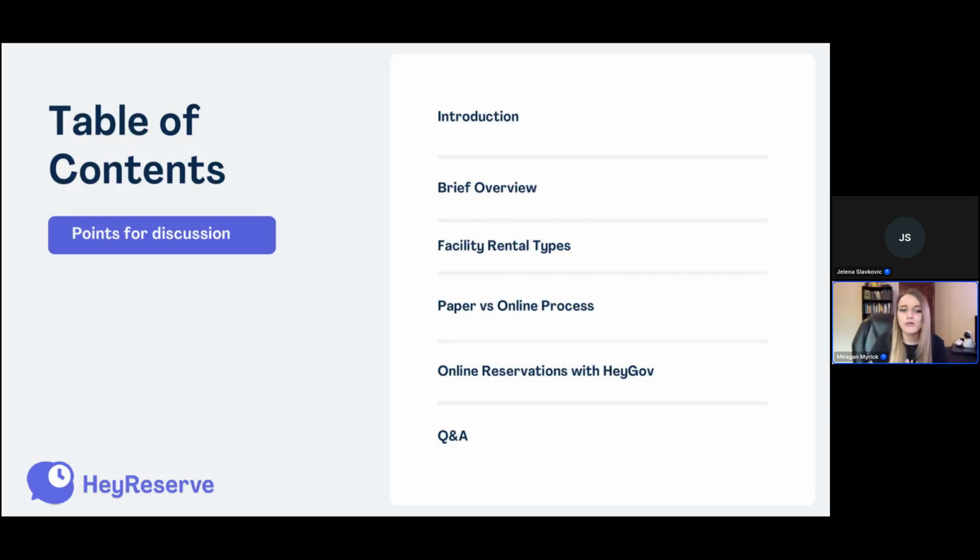Just for a brief overview of what we're going to be chatting about, I'm going to give you a little introduction to HeyGov and to our reservation system and a brief overview as well. We'll talk about the different facility rental types that people often use HeyGov for. We'll compare the paper versus online process for reservations, and then I'll go through how you can actually do online reservations with HeyGov. And then at the end, we'll do a little question and answer session. So if you have any questions, you can send them at any time, but I'll be answering them at the